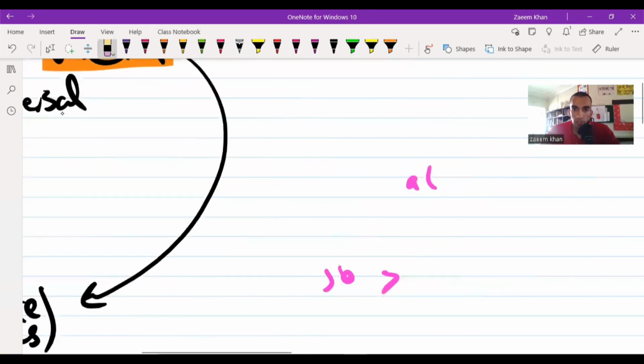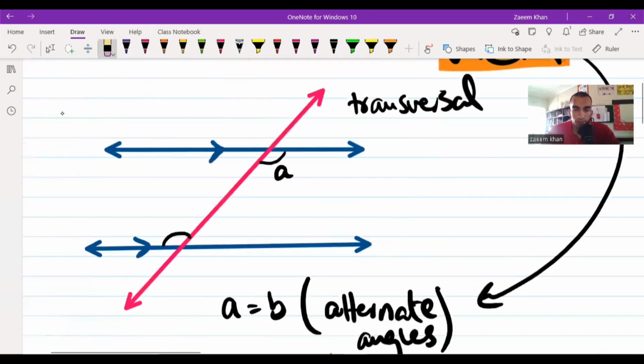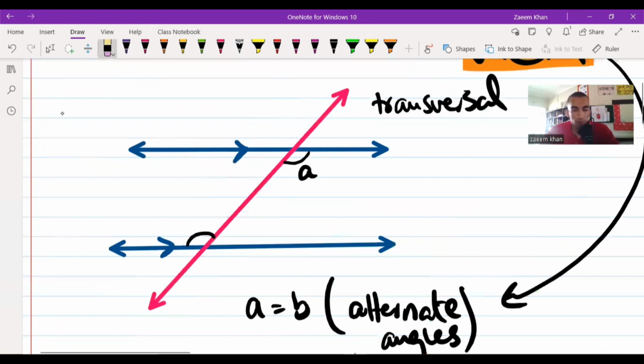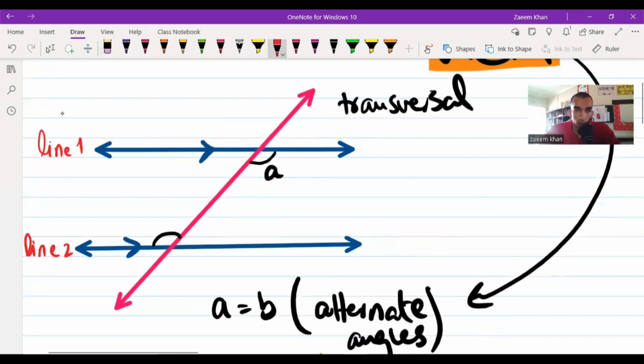Parallel lines are lines which never meet. Never. Well done. So this line 1 and this line 2 would never meet. But the line that does meet them and cross them at two different points is called a,